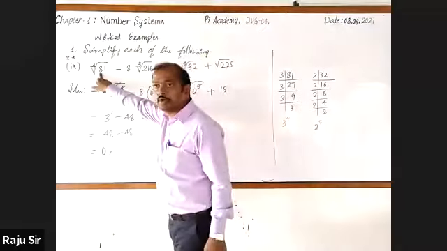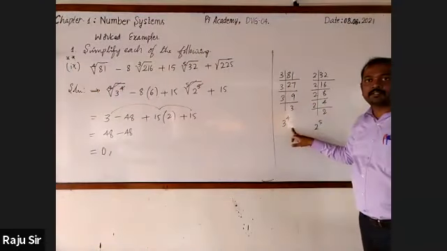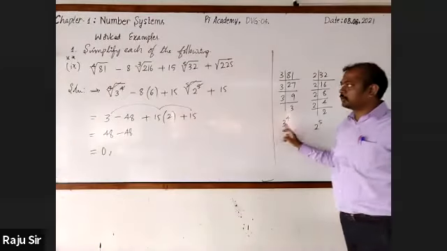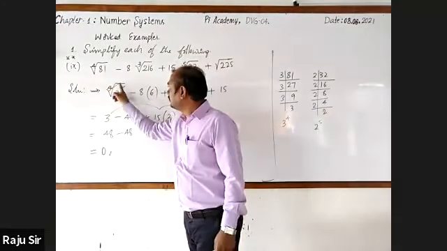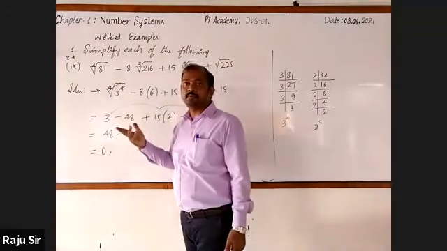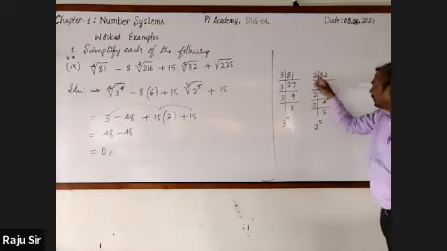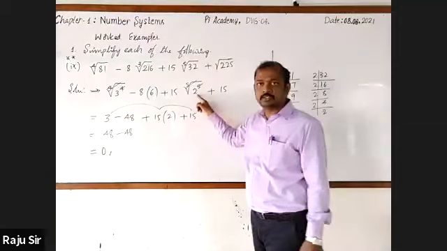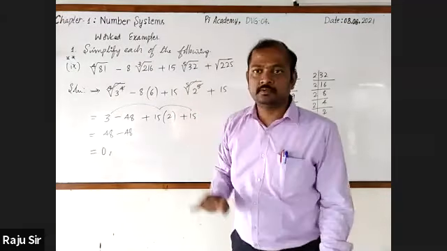Here they are given 4th root. That's why you just go for finding the factorization of the given number. 81 is 3 27s, 3 9s, 3 3s: 3 raised to the power 4. Write that 3 raised to the power 4 in place of 81. Then cancel 4th root and power 4. Similarly, the 5th root of 32: finding the factorization, you get 2 raised to the power 5. Substitute that here. Then the 5th root and power 5 get cancelled.